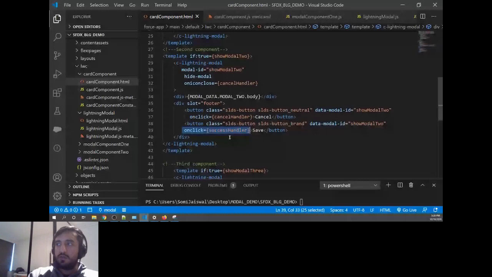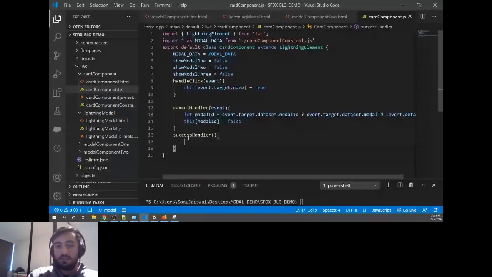The success is coming only from the parent, so we want to close that event. We can simply say event.target.dataset.modelId to be false, and modelId is coming from the name property that we are setting here, that is data.modelId, right? So that data attribute we are already setting here as well as here, right? So our success is done, our both actions are done, our close icon is done, and our footerless or headless, our normal model is ready.